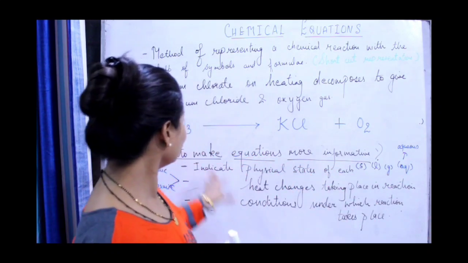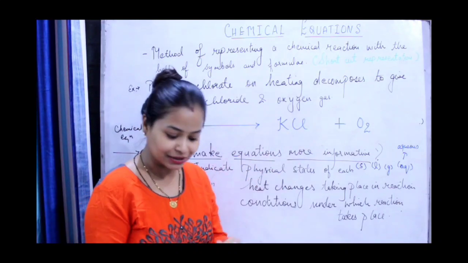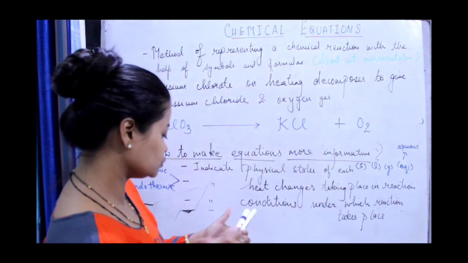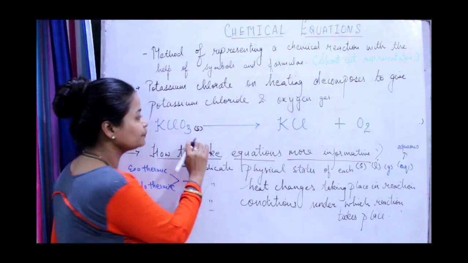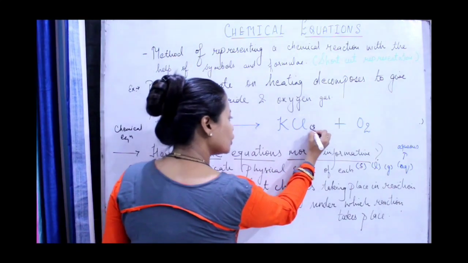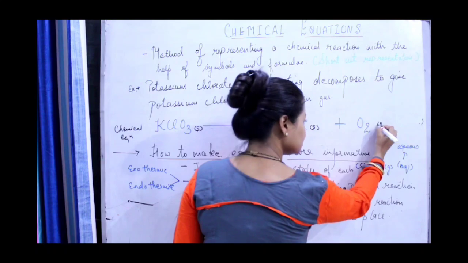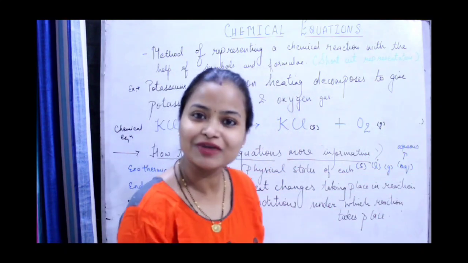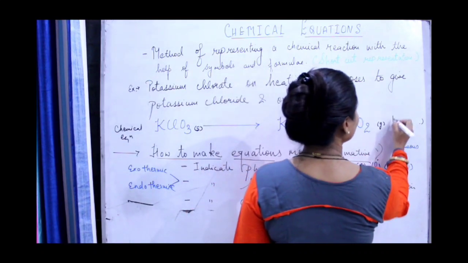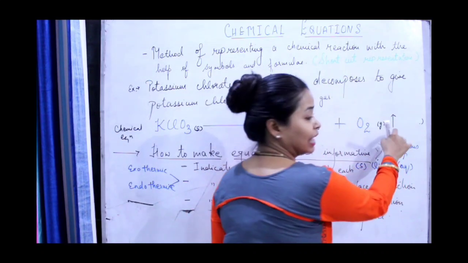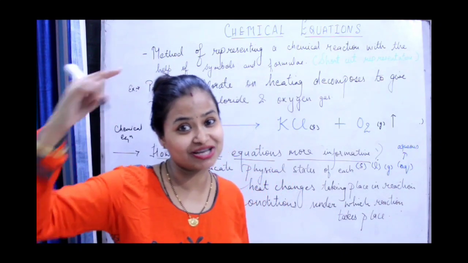Okay, so over here let me write the physical states of this particular reaction. Fine. So KClO3 is solid in state, so I am writing s over here. KCl also is solid, potassium chloride, so again s. Oxygen is a gas, and basically we know oxygen occurs in the form of gas only. Okay, we can write g here, and one more thing, gases are also represented by an upward arrow. This upward arrow means a gas which escapes.